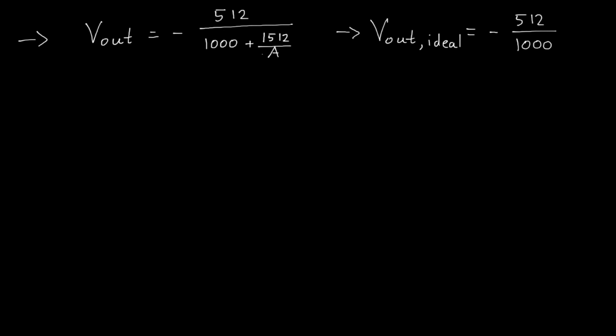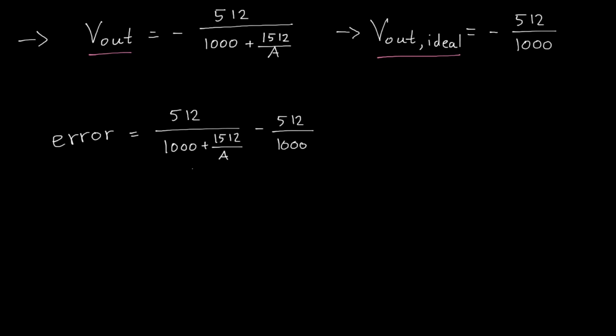The error introduced by a non-infinite op-amp gain is the difference between this real output voltage and the ideal output voltage. We can use these two expressions to set up the following error equation. In the question statement, it is said that this error may not exceed half the LSB voltage. In question 37, we found that the LSB voltage is minus 4 millivolts, so this error should not exceed minus